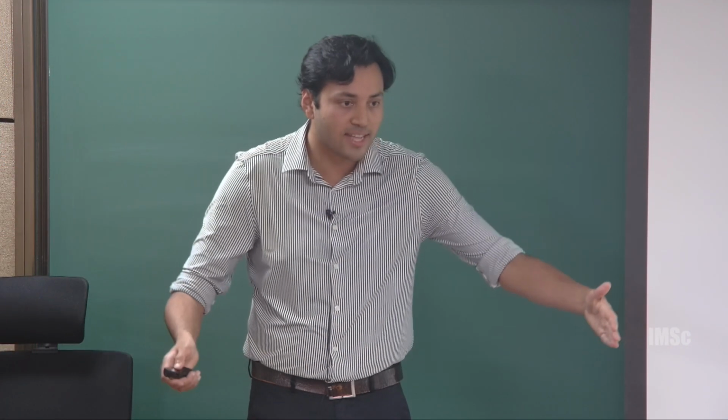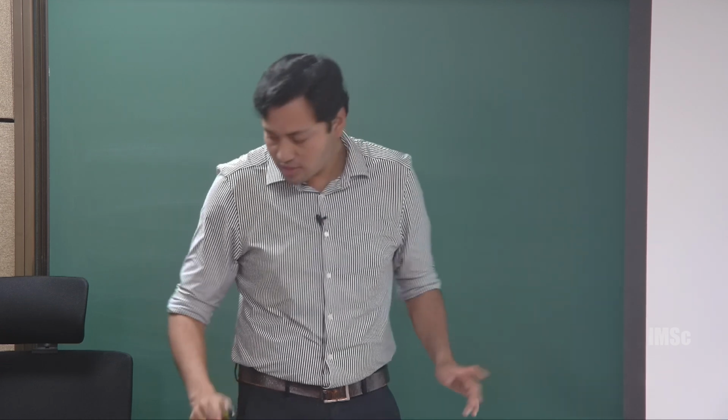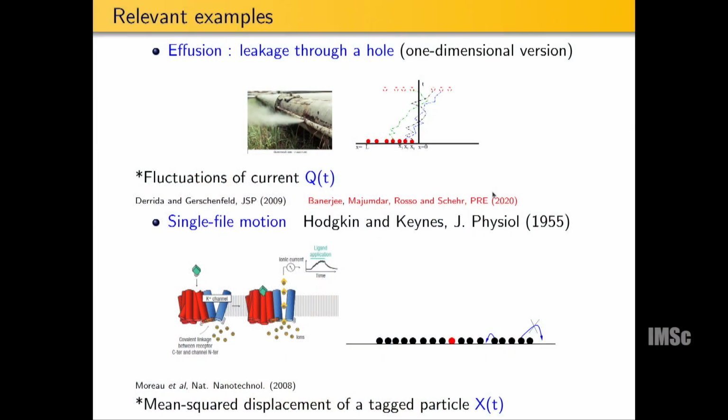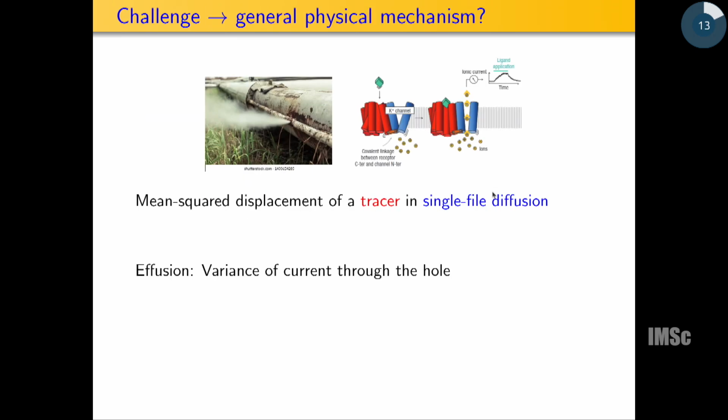If you fix the total length, within a certain length scale, you will also forget about the initial conditions. But there are some systems, as I showed, where there is no length scale to apply; it's a transient problem. So these are questions of fundamental interest in some sense. Basically, the challenge was to come up with a general physical mechanism. In these cases, how are initial conditions remembered in these classes of 1D problems, and what are we able to